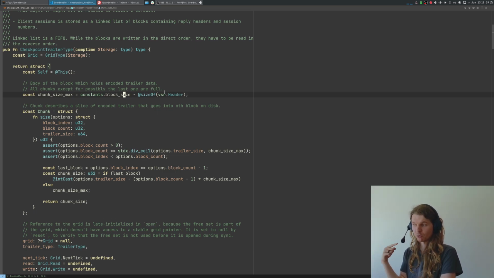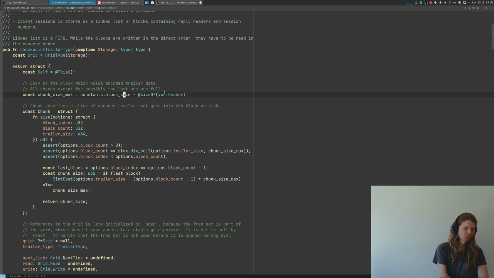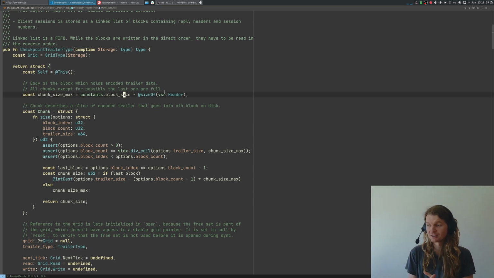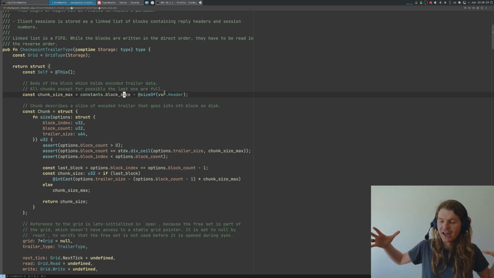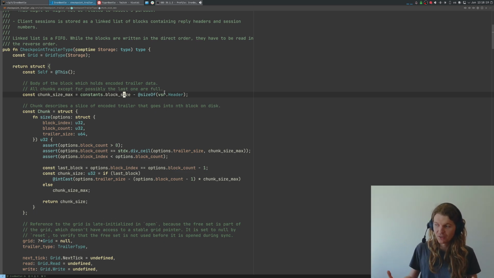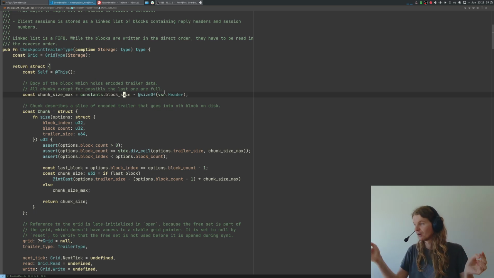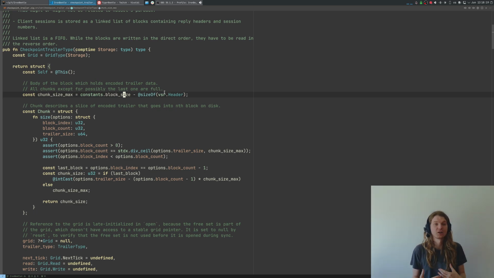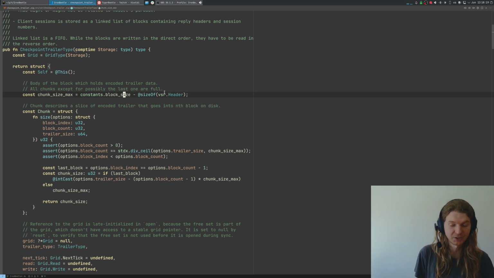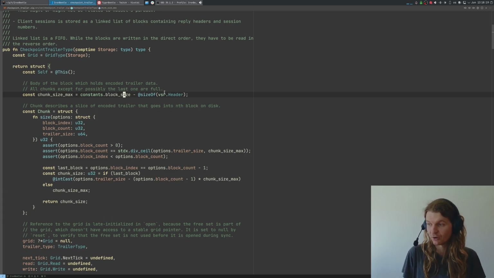So in the repair protocol, when a replica wants to repair a missing block from the grid, it asks for a block literally. And the other replica just reads this block and sends it as is over the network. There isn't any need to add some kind of an envelope around that, because the header is already there, which allows you to simplify the code and to avoid extra memory copies. Okay, so